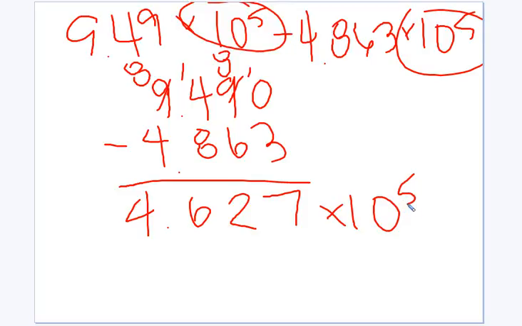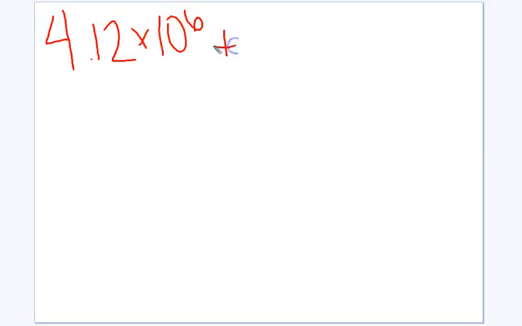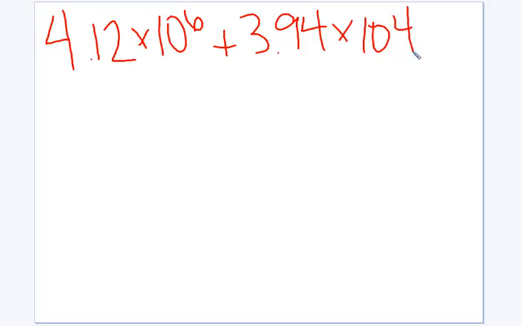Now, like I said, as long as the exponents are the same, we're good. It gets a little tricky if the exponents are not the same. So for example, if I had 4.12 times 10 to the 6th, and I wanted to add it to 3.94 times 10 to the 4th, I'd need to make it so that our exponents were